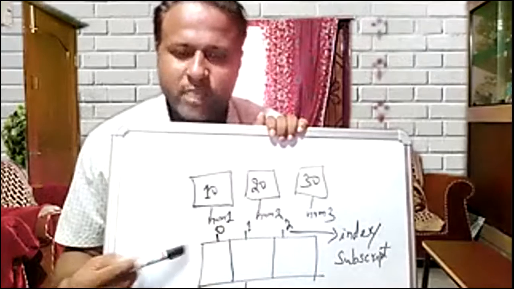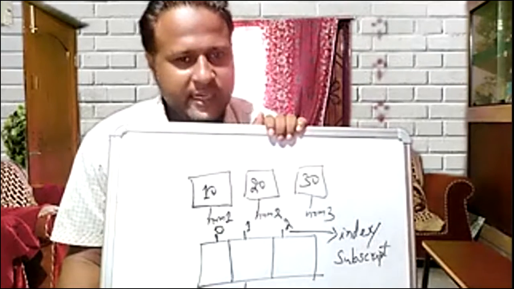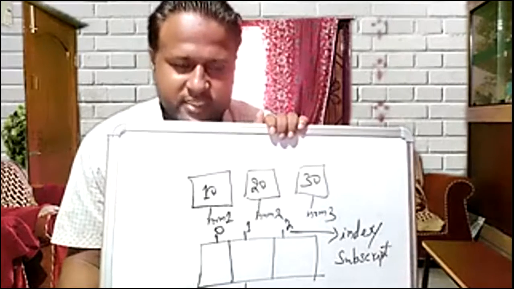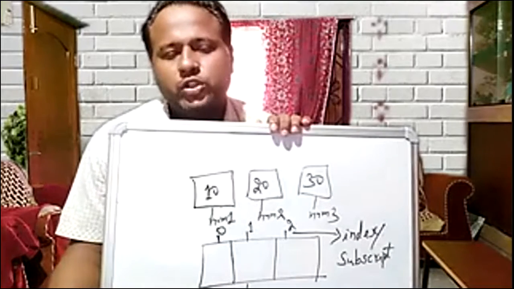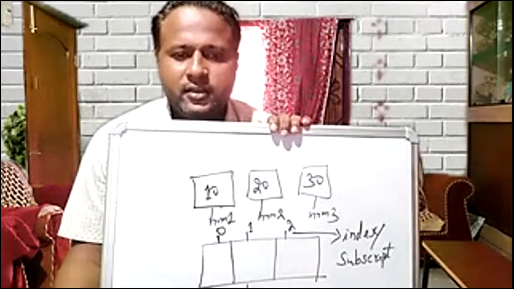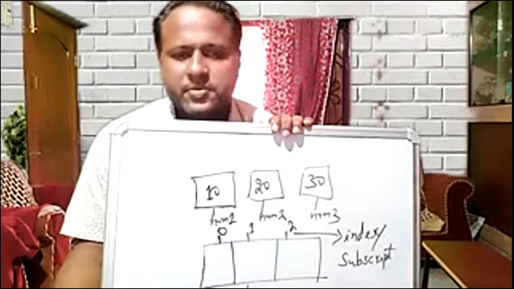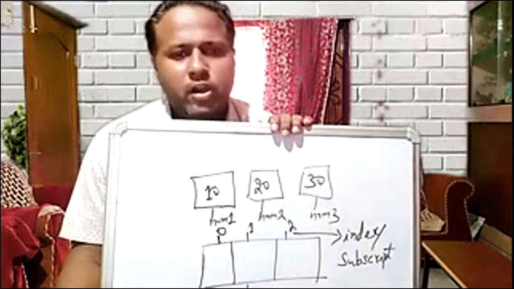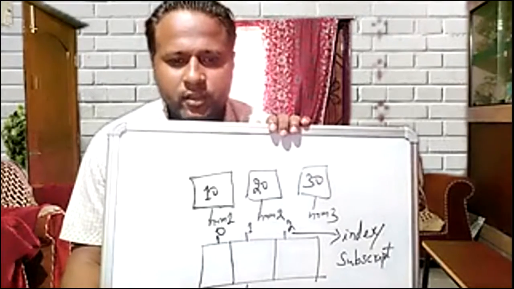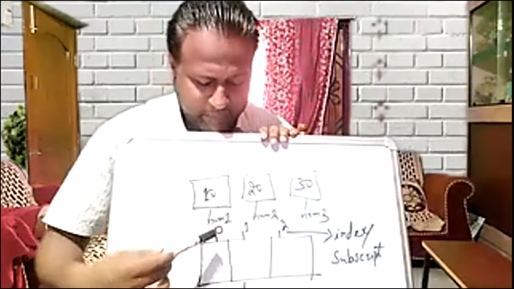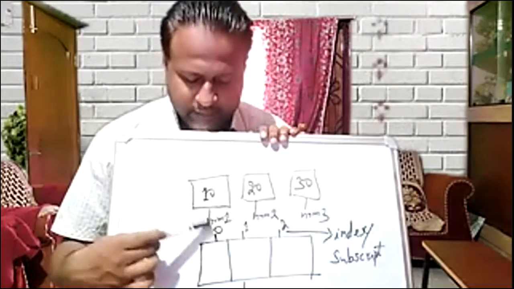Through this index number and subscript value, I can easily retrieve a value even if it is present in the same location. So the array is saying that you store the values in the same location, but for retrieving them, you have to use the array index number or subscript value. The array index number or subscript value starts from 0. So if you notice here, I have defined the array index starting from 0. There is a 0 index.